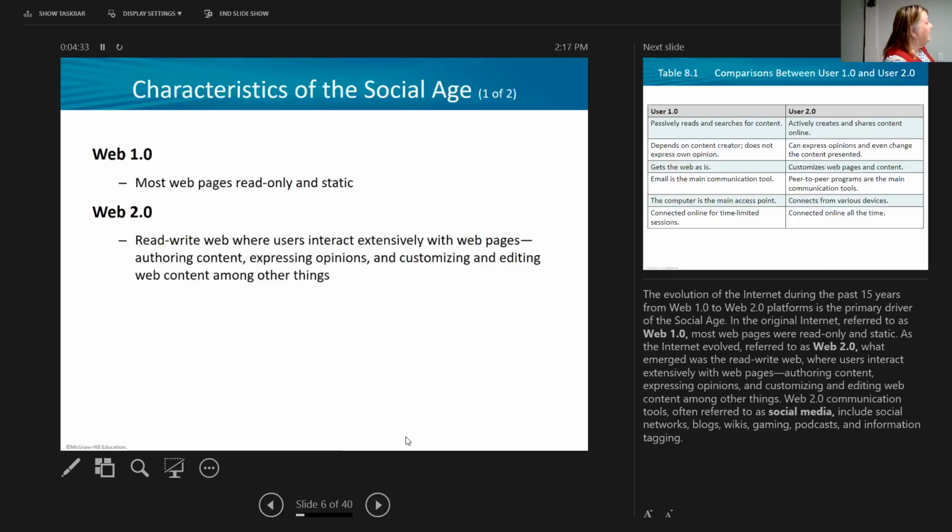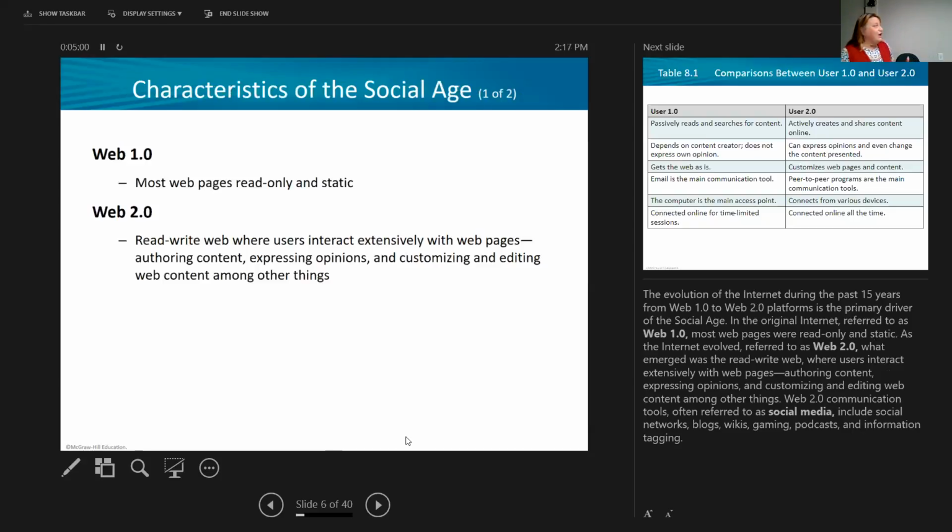We could go on the internet and take a look at them, but they were basically read-only pages. They remained the same over time. You couldn't communicate back with them. I could go on and read about a company's website, but there was no way I could communicate back on that website. We are now in Web 2.0, which our